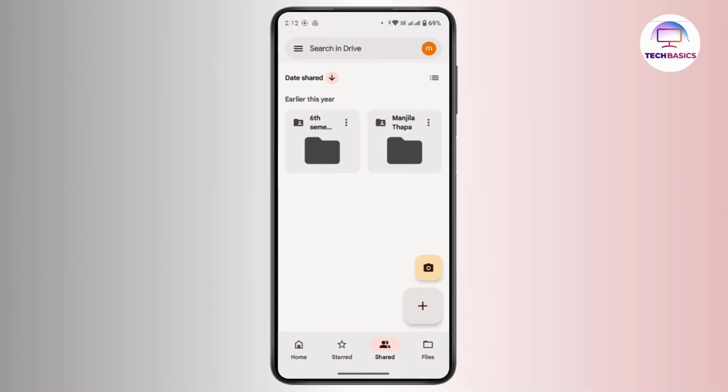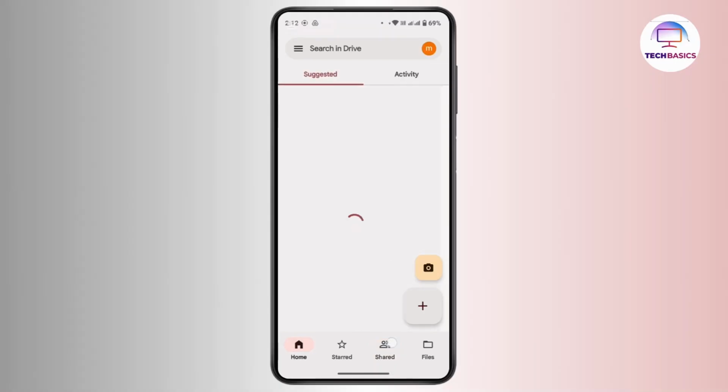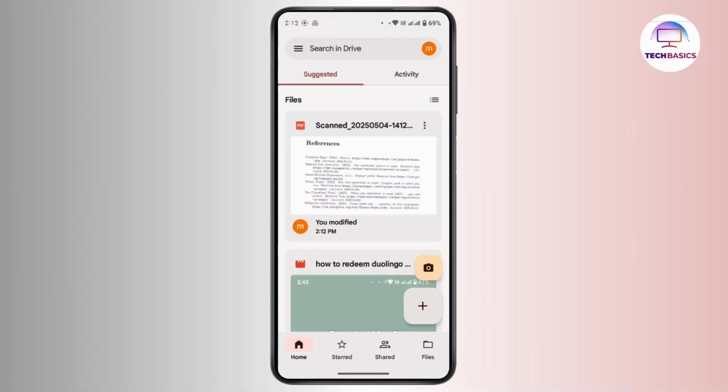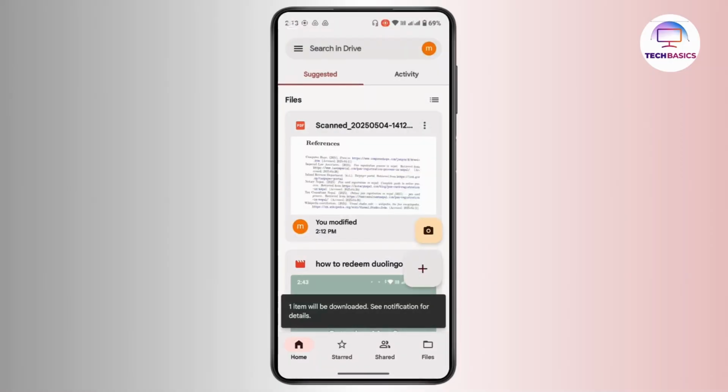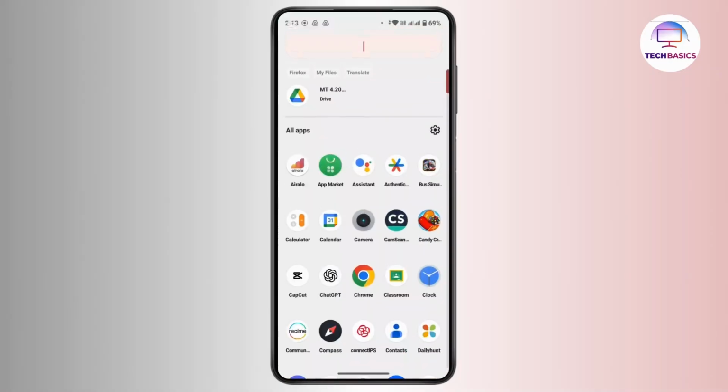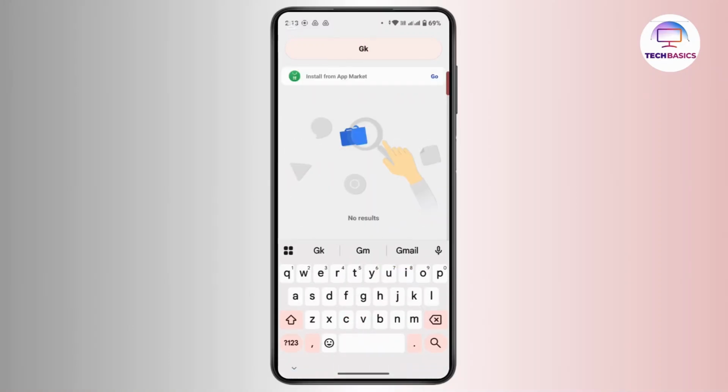Now scroll your drive a little bit, navigate to your home. And here is your scanned document. Now you can download this PDF to your device. So tap on download. Now once the download is complete, you can open up Gmail on your device